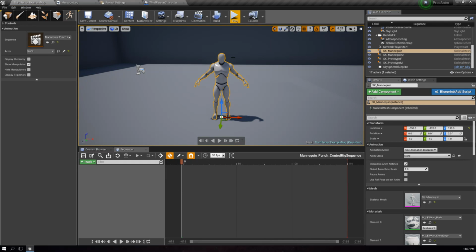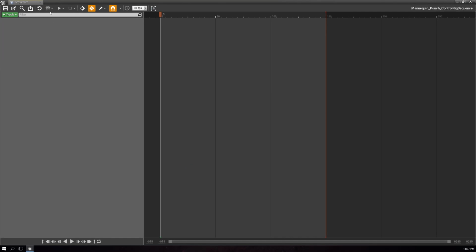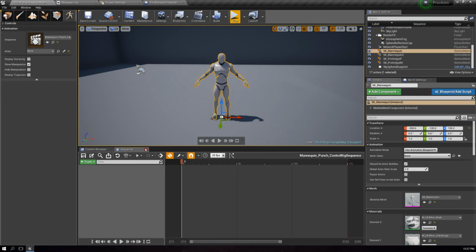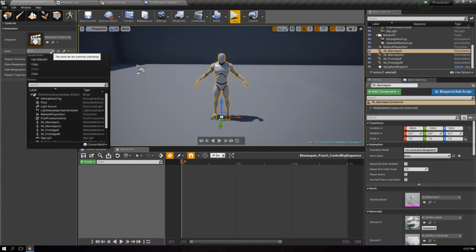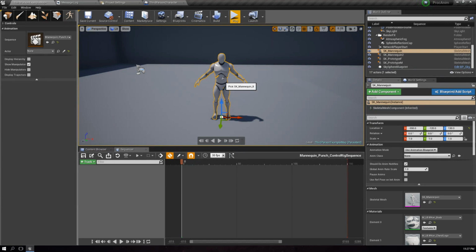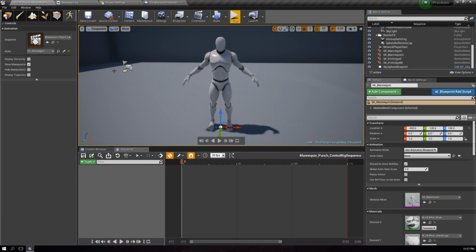After we create our control rig, you'll notice that nothing really changed outside of the fact that we have this sequencer tab. This tab is really useful because it allows us to modify the keyframes. But you can see that there are no keyframes and no tracks. How do we get that? Well, you'll have to pick this actor thing. We can just use this eyedropper. Once you pick the eyedropper, what's going to happen is you'll go to